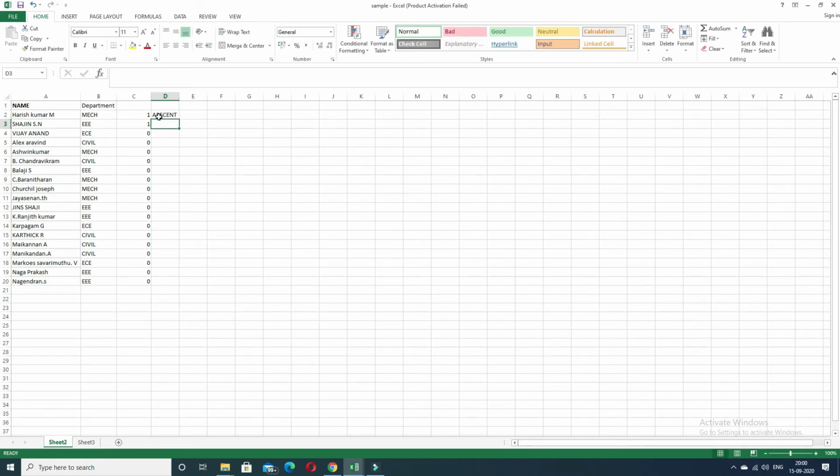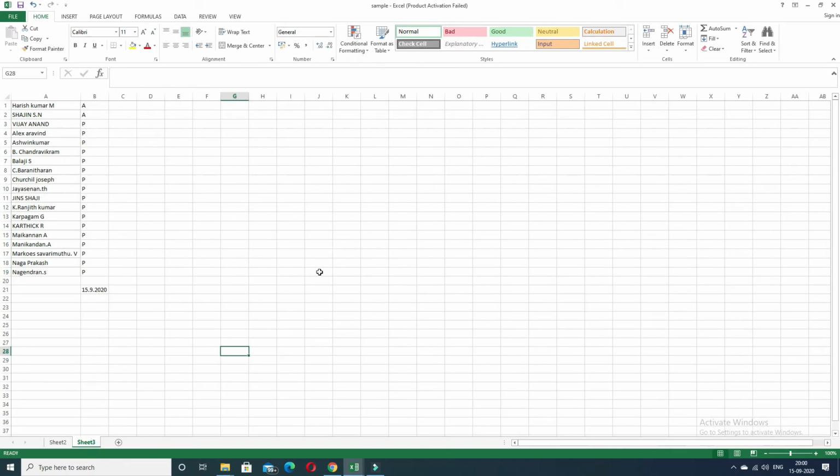When I double click it, we can know who are all present and who are all absent for the particular class. And this is for today's attendance, that is 15 9 2020. If we want every day's attendance, we can segregate from the data retrieved from the software. Here the name list is the same. I'm getting the data for 16 9 2020. I'm getting the absent is for this much.